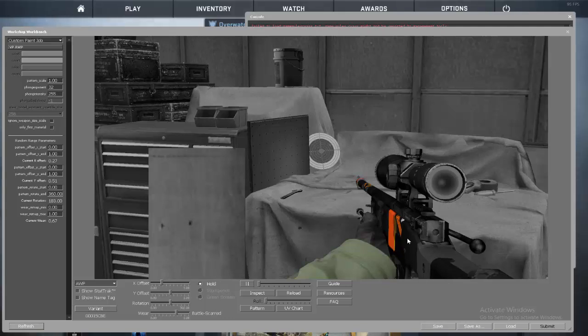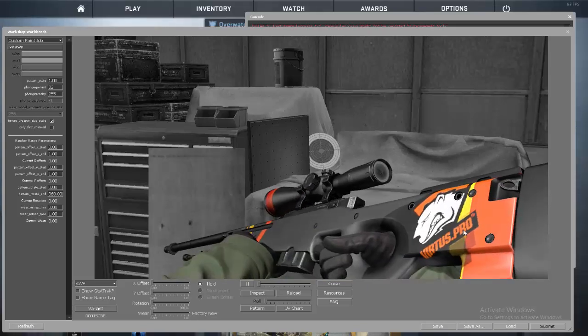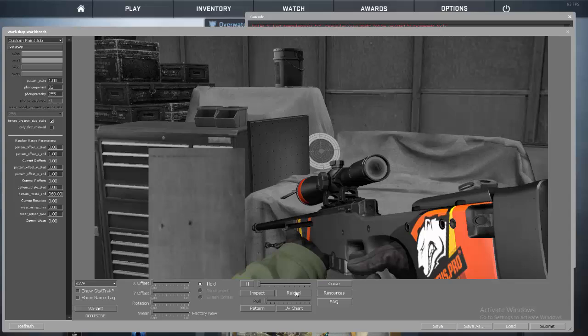Now it does look a little weird. You're going to want to turn all these offsets down to 0, and then click ignore weapon size and scale. So now basically we can do whatever we want. We can inspect the weapon just like you do in game. We can see our design, we can reload it,